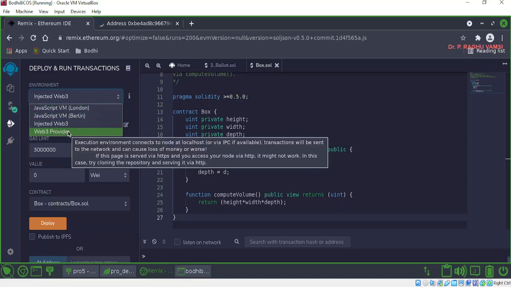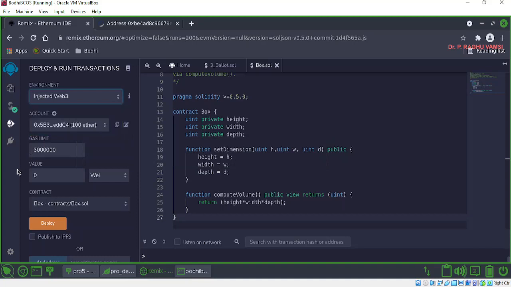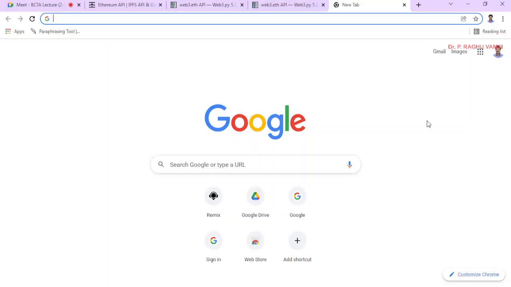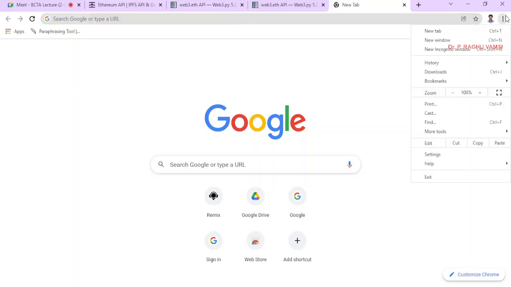So we may give the Web3 provider's address, and we may connect to such Web3 providers, which are free of cost. They will provide you the service. You need not set up any server at your end, but they will provide you one URL, and via that URL you can perform all the transactions. So in this injected Web3, we have seen how the MetaMask is used as the injected Web3. Then, if we know that the MetaMask is injected as an extension to Chrome, we can also directly write applications with the help of the injected Web3.